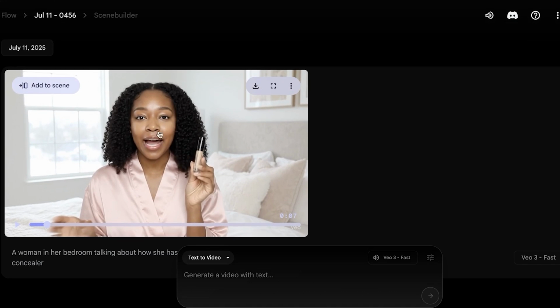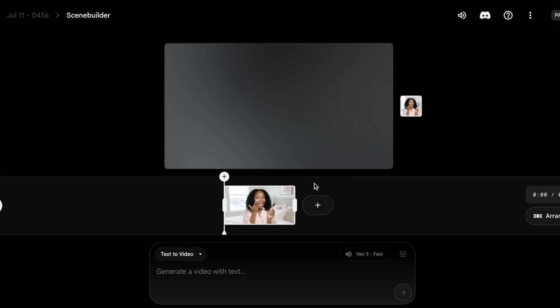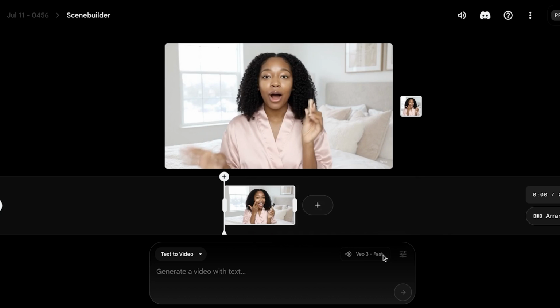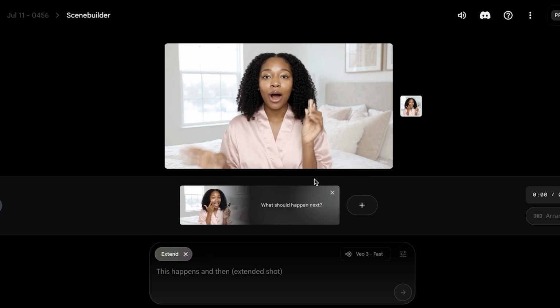So if you are satisfied with a scene, just click on Add to Scene on the top, and once you click on Add to Scene, you're going to make sure to select the same model. So you do need to select Veo 3 Fast again, and then you're going to click on this plus icon, and then you're going to click on Extend, and then once you click on Extend, you're going to define what happens next. So I want the woman applies the concealer to her face and blends it